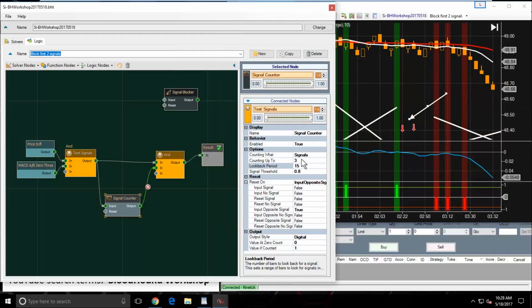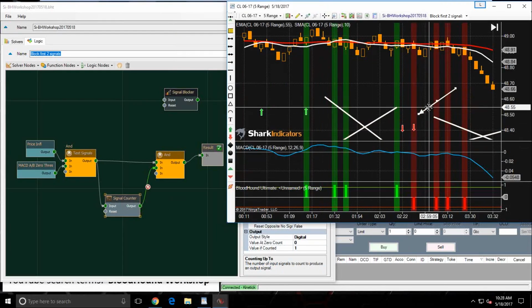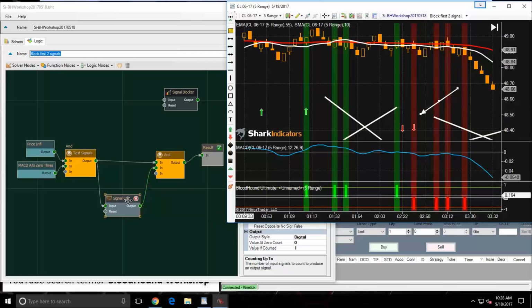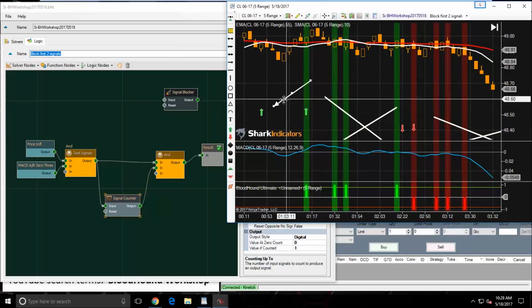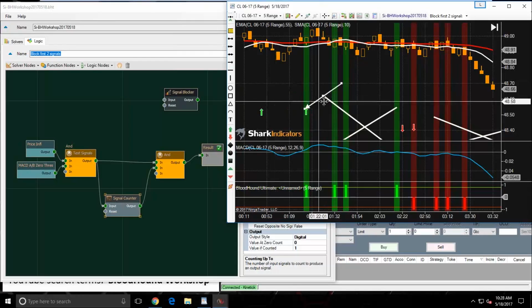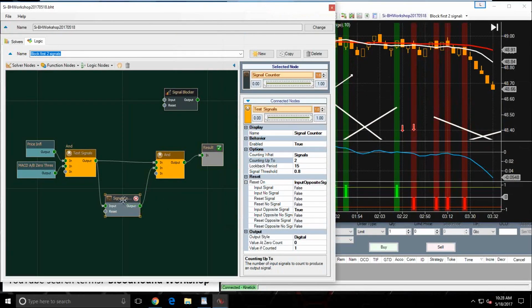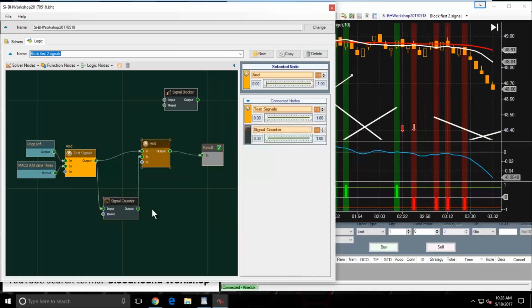So that's not what we're doing today. So let's just put this back here. And let's see. Actually, what we want is the opposite. We want the first signal and the second signal to get through. So what we're going to do is,